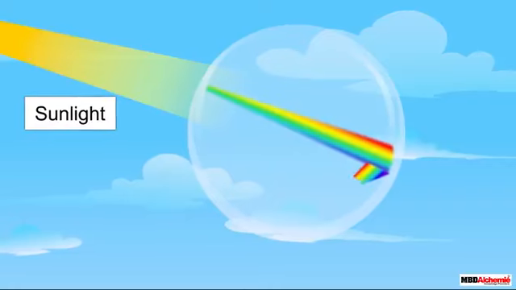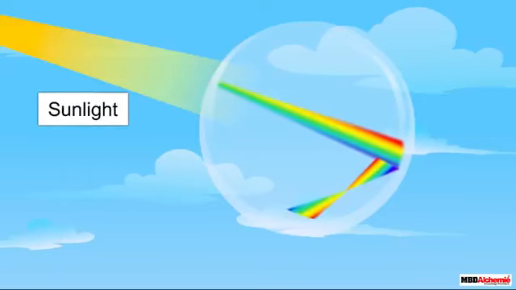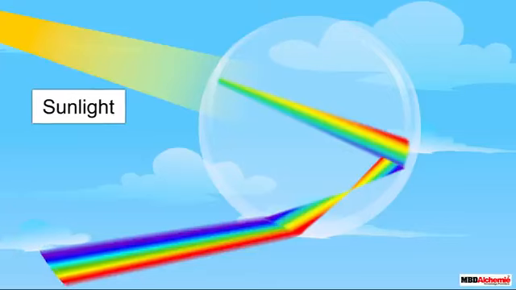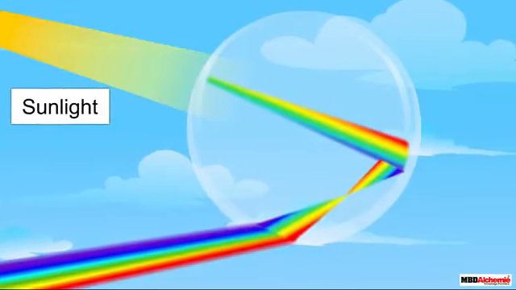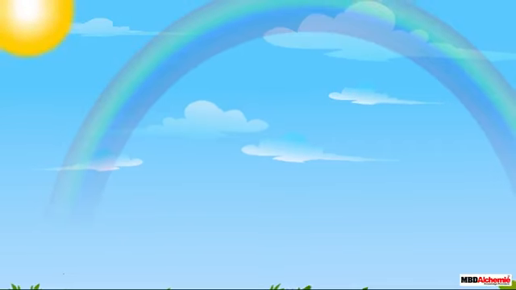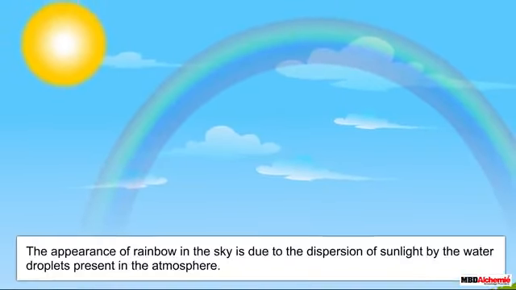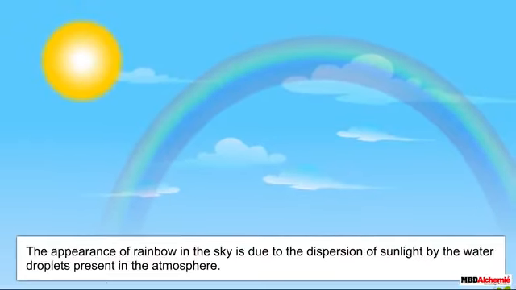When this band strikes the other edge of the drop, it gets reflected internally towards the first edge of the drop. As the band reaches the first edge, it gets refracted again and finally comes out of the raindrop. This band of colors which finally comes out of the raindrop is what we see as rainbow. A rainbow is always formed in the direction opposite to that of the sun. Thus, the appearance of rainbow in the sky is due to the dispersion of sunlight by the water droplets present